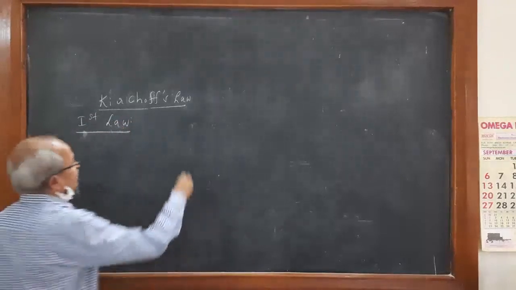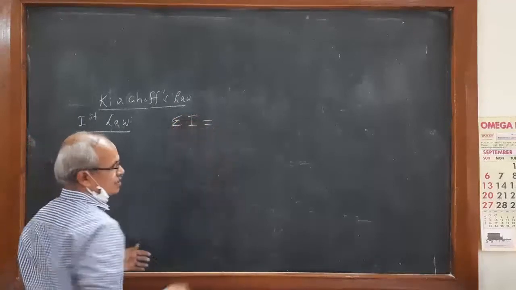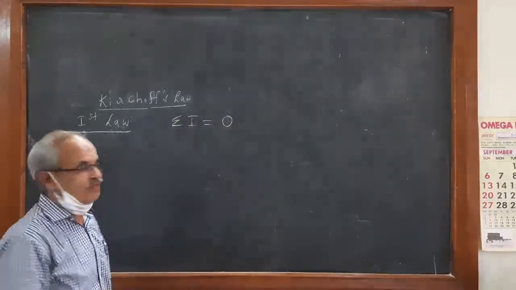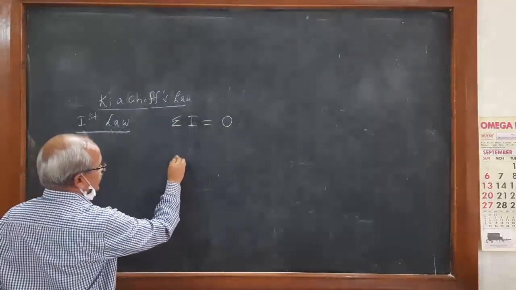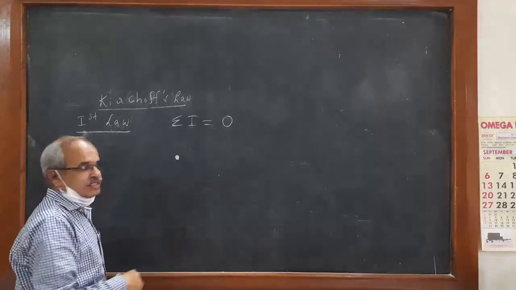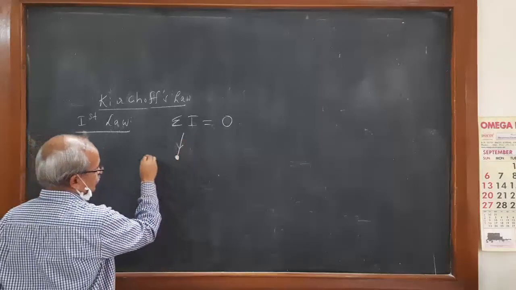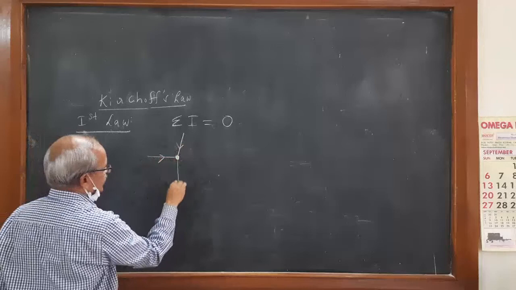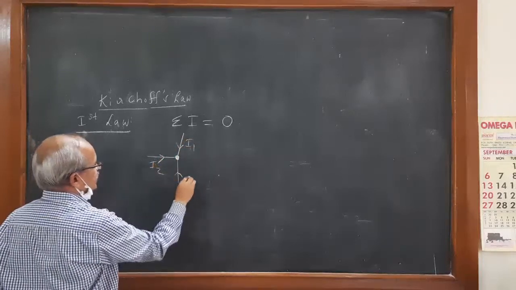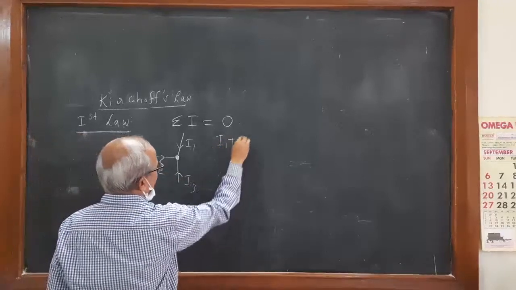Then the Kirchhoff's law statement: the first law is that if you take the summation of all the branch currents, it is equal to 0. Suppose you take a point in an electrical circuit, and you take the sum of incoming currents. Suppose these are incoming currents I1, I2, I3. If you take the sum of all these, I1 plus I2 plus I3,